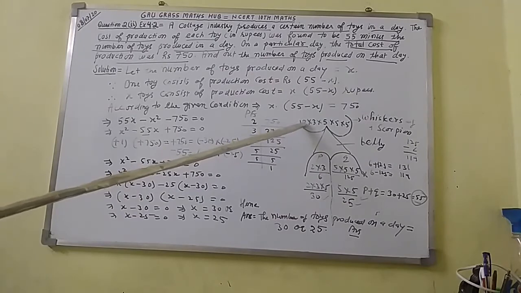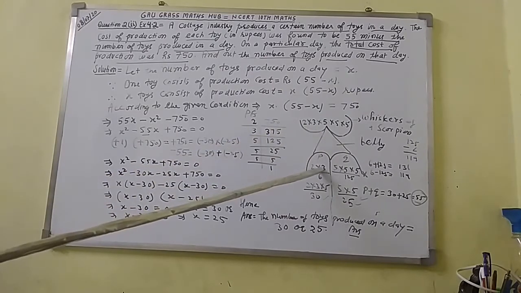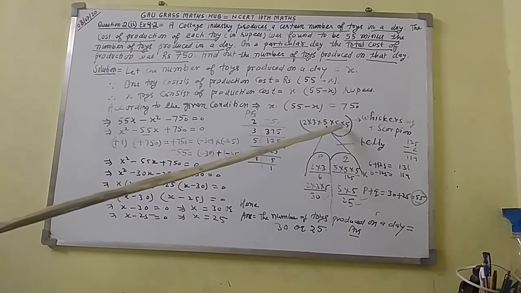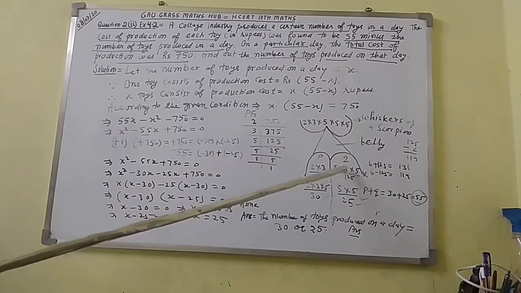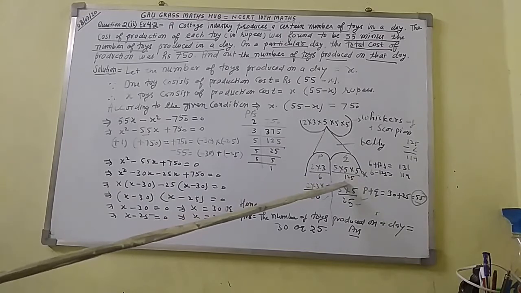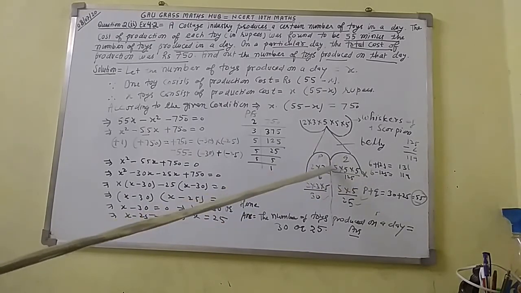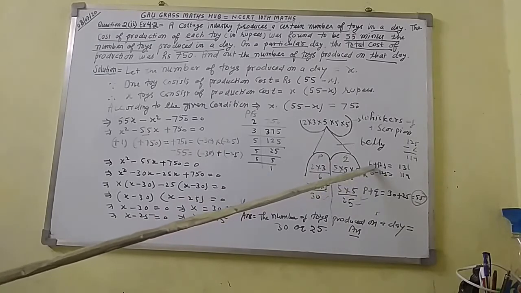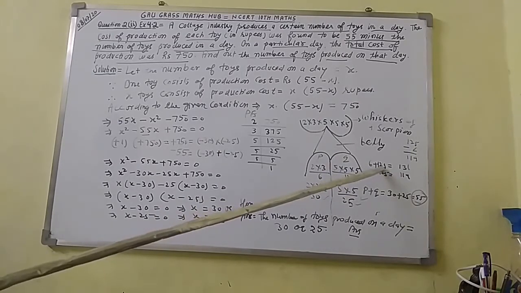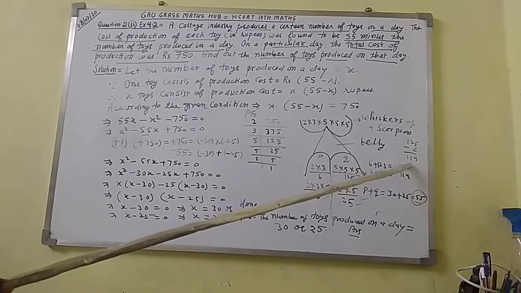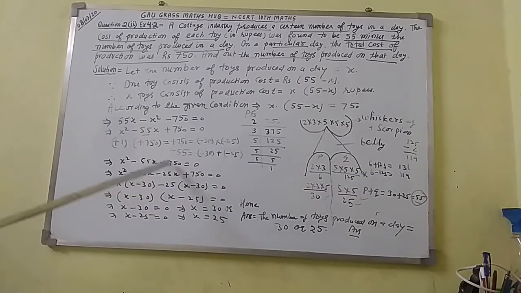Here first take 2 into 3. I have put here 2 into 3, and you get 6. After that I have put here 5 into 5 into 5, and I shall get here 125. P plus Q means 6 plus 125, we get 131. 131 is not the coefficient of X, that is 55.